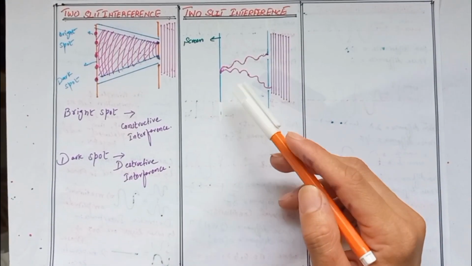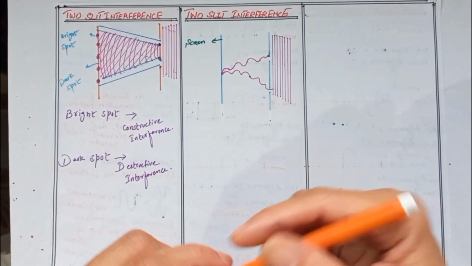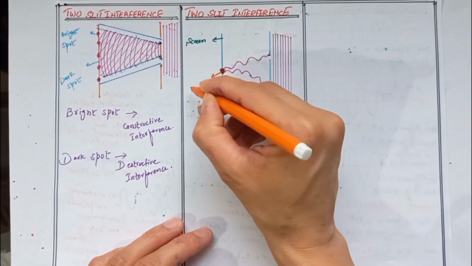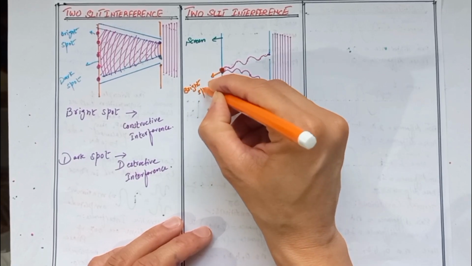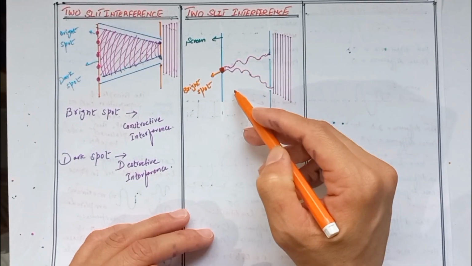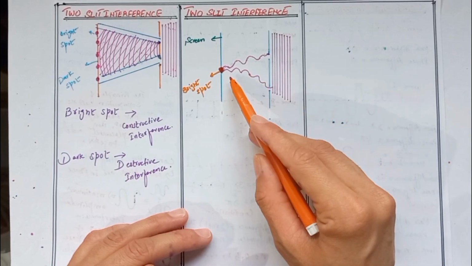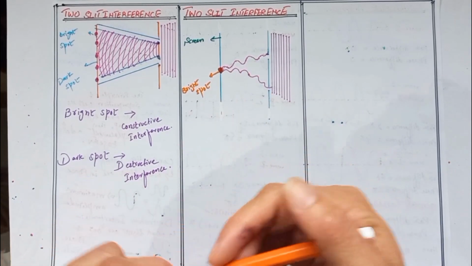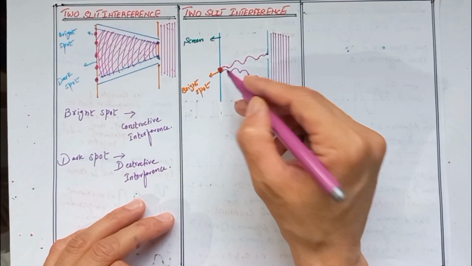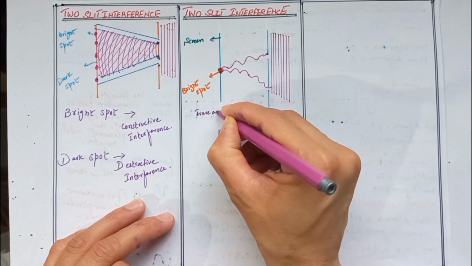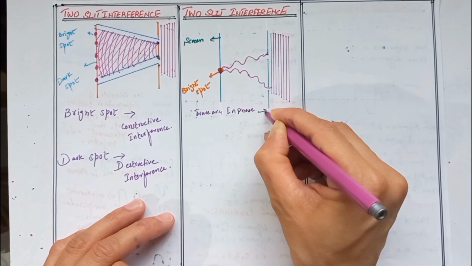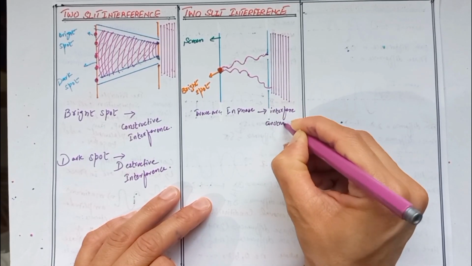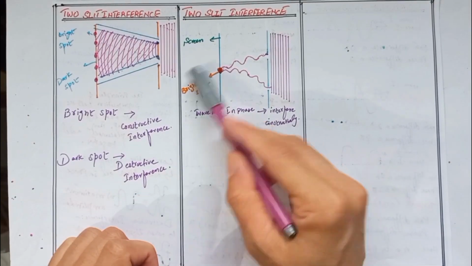Now let's see how this might look for specific waves coming out of the slits. The light waves coming out of the two slits will make a bright spot at the center of the screen, because these two waves arrive at the screen at the same point in their wave cycle. This means that the waves are in phase. When the waves are in phase, they interfere constructively and make a bright spot.